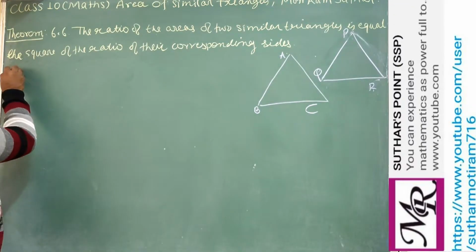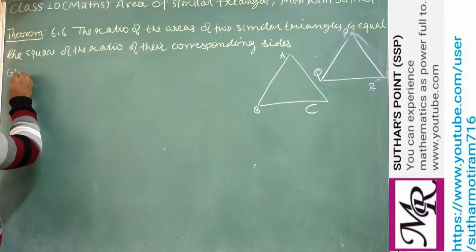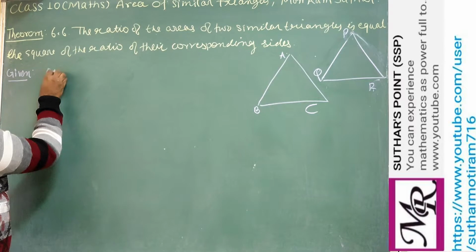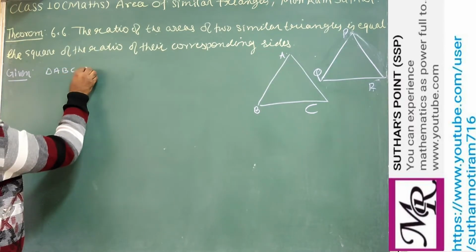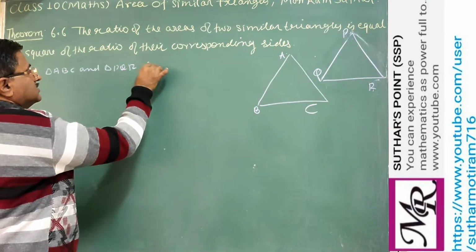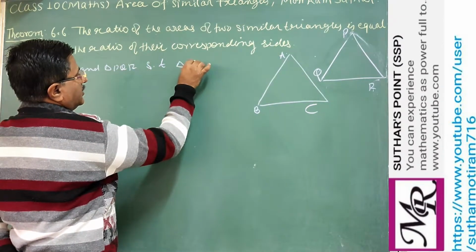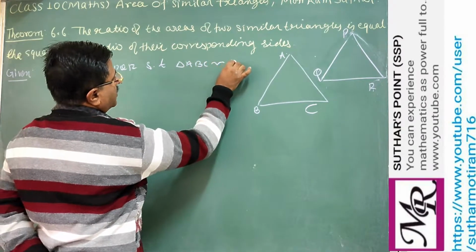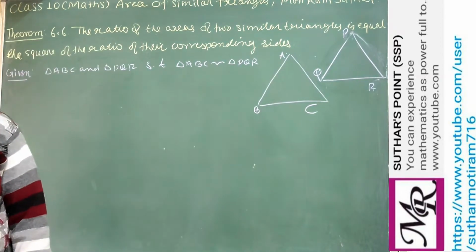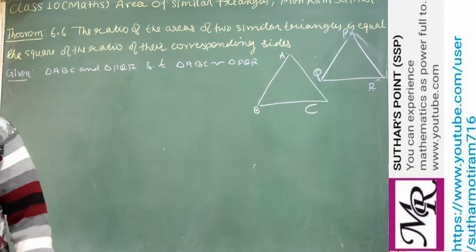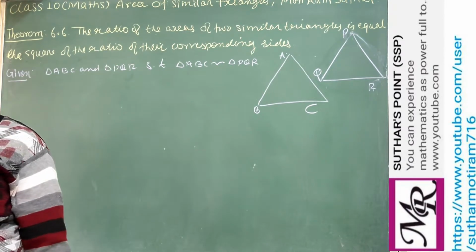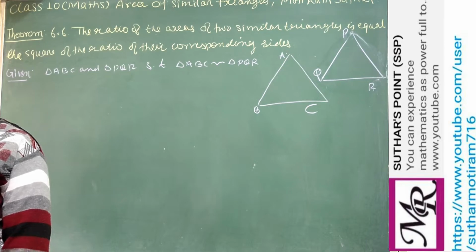In the theorem, as you know, after the statement we write given. So what is given? Triangle ABC and triangle PQR such that triangle ABC is similar to triangle PQR. We are given this thing. These two triangles are similar, we are given. Now we need to prove that